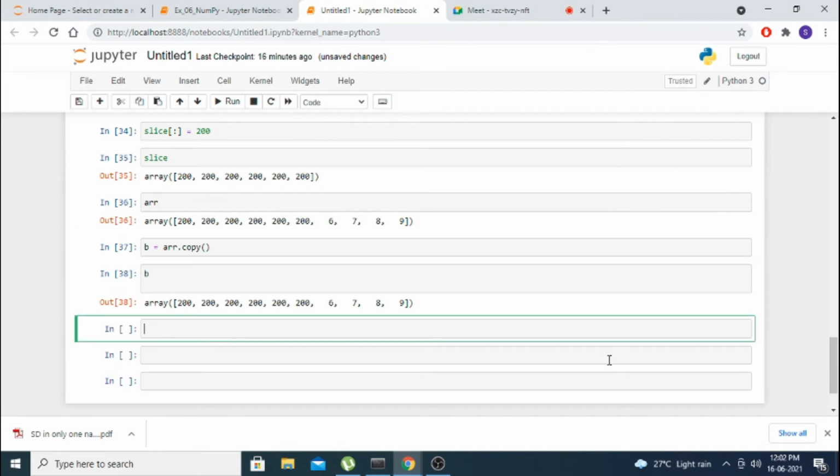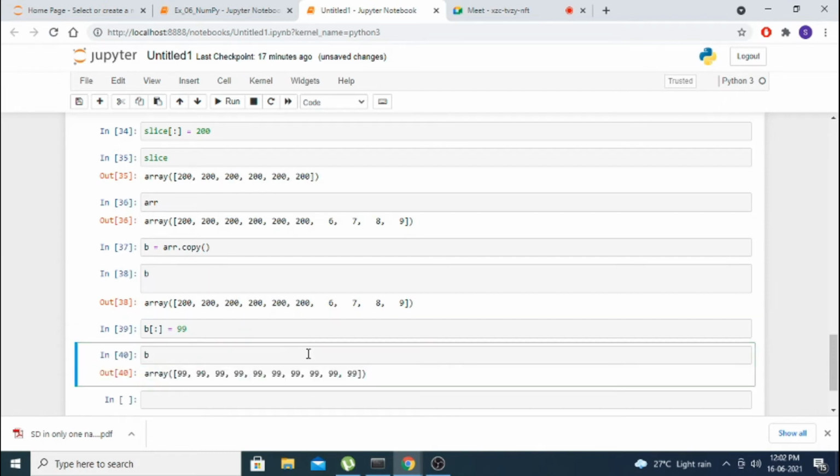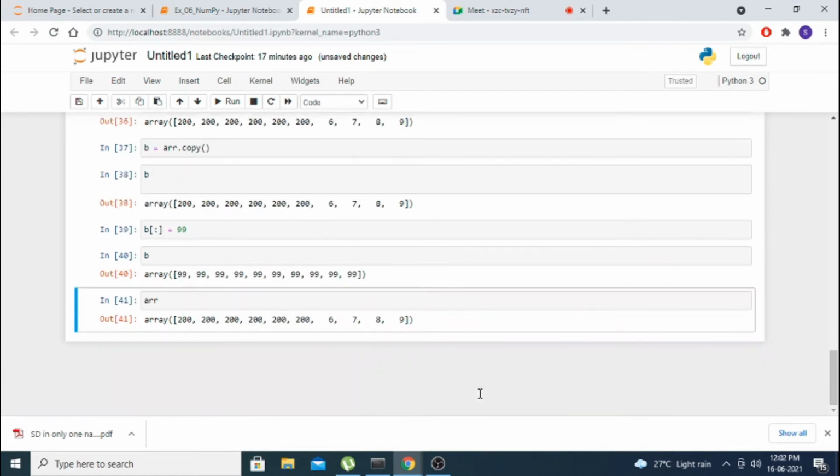Now I am changing the value in B. You see now all the values in B are changed, but in the array it is the same.